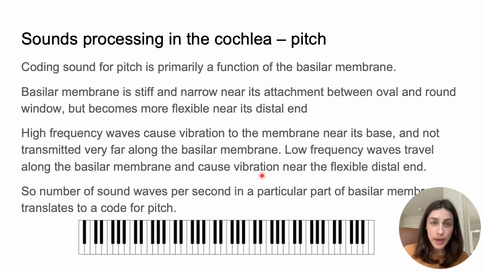The basilar membrane, remember the basilar membrane onto which all those hair cells are stuck? The basilar membrane, which is part of the cochlear duct or scala media, is not consistent throughout the entire cochlea. The closer it is to the middle ear, to basically the beginning of the path, the stiffer it is. Stiff and narrow, where it's attached to the oval window and the round window by the middle ear. But as you go further away from that, it becomes more flexible and thinner at the distal end.